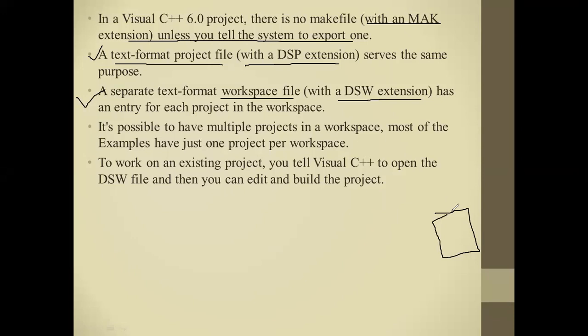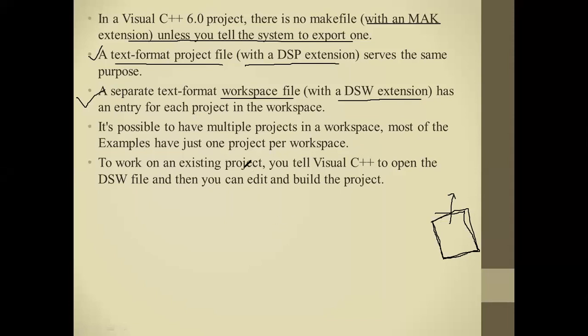Most of the examples that we are going to use in these lectures use only one project for one workshop. No doubt we can run multiple projects in a single workshop, but in our examples in this session, we will consider only one project executed in the workshop.